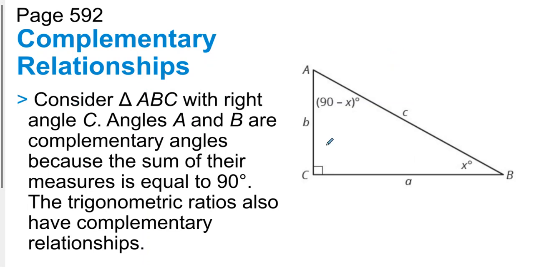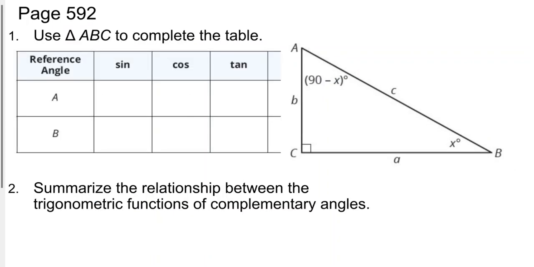So consider triangle ABC with right angle C. Angles A and B are complementary angles. So if x is, let's say, 50, then I'd have 90 minus 50 is 40. Any number works. The trigonometric ratios also have complementary relationships. So let's fill out this table. If I have reference angle A,